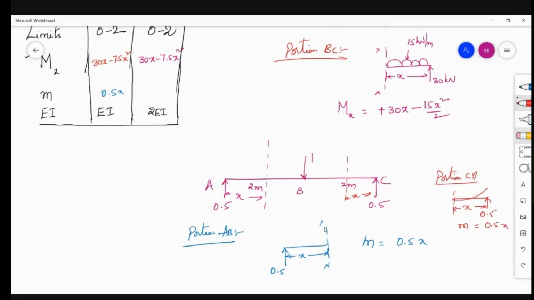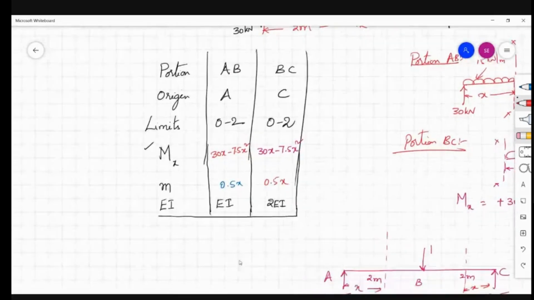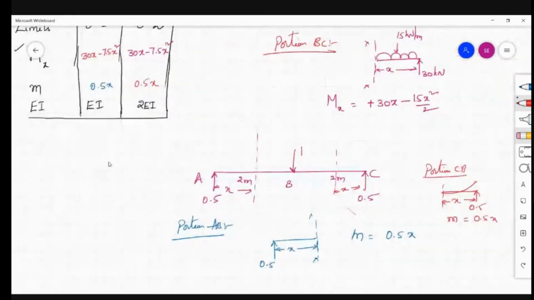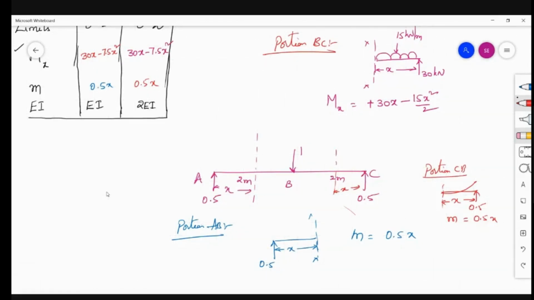Because they are trying to go sagging, which is 0.5 into x. We have got the moments. Now deflection delta b is equal to